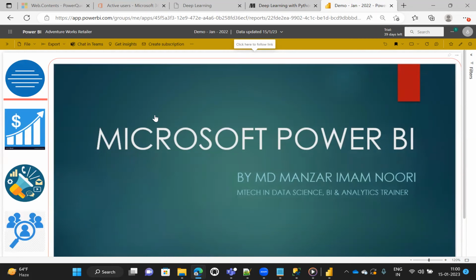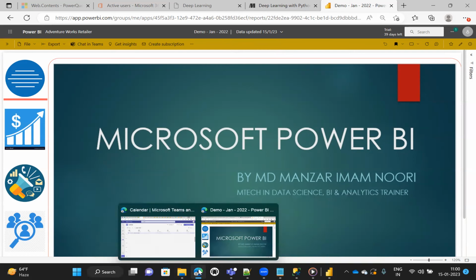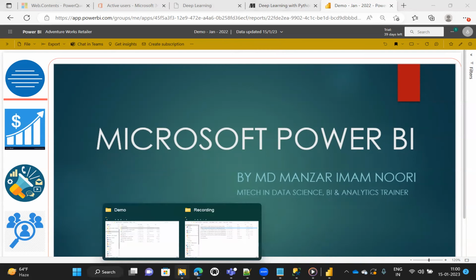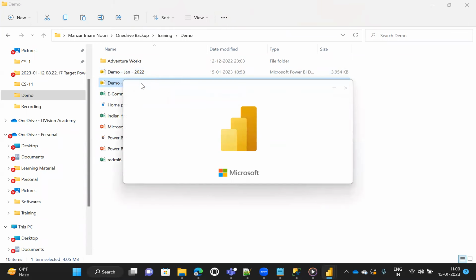We'll cover all of these things from scratch till publishing to the apps, and you will learn everything. Apart from this, you have other capabilities in this tool. So what are the capabilities you have? Let's see. You have the capabilities to use machine learning, using Python or R. Let's see what we have with this.